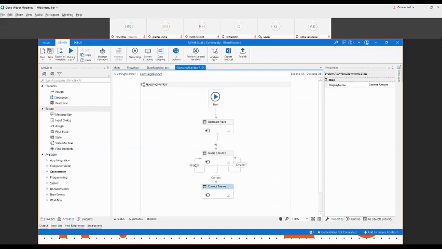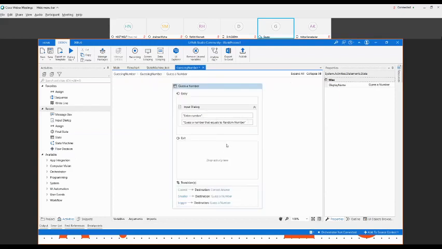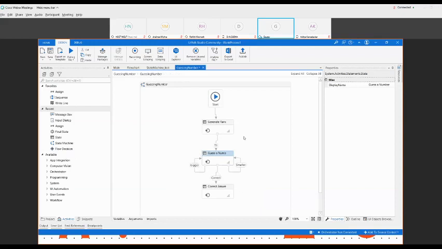Okay, so you can see there are three transitions in one state, and one is going to the correct one. If that is true, then we go outside. Otherwise we go again and ask for the number, guess a number. We can try it now. Has everybody tried? If you're trying together with me, then we can have a look. Else we can run this activity.